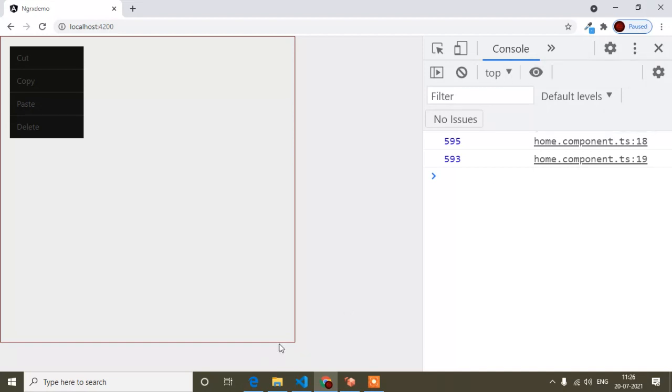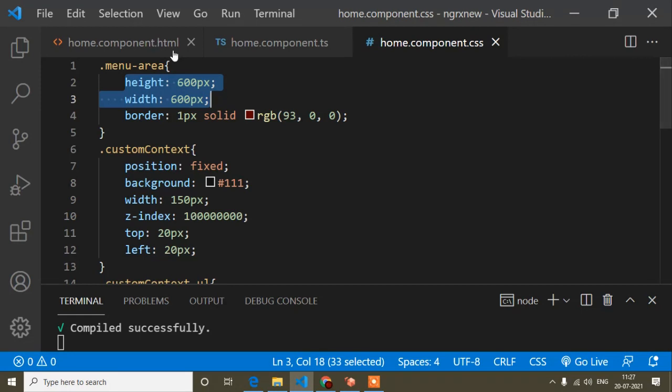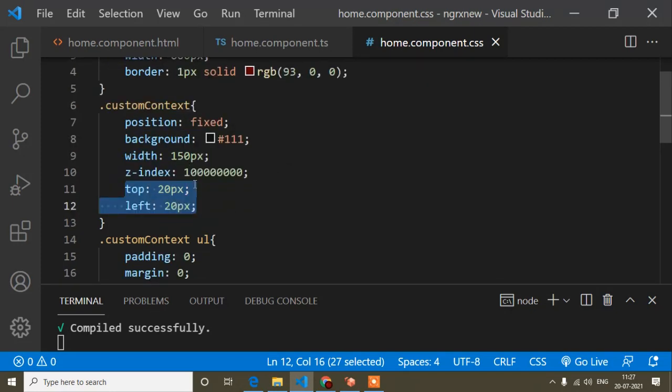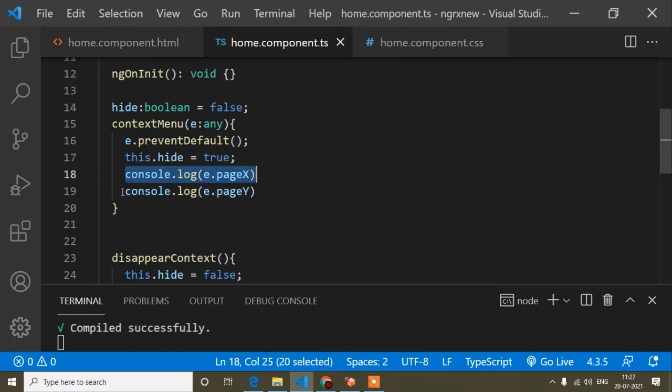So now guys, with the same position, I want to open my custom menu div, which I have created. That means when I click in any position, the div will start to open from that position. So I will just remove this console.log. I have to do one thing: in the CSS, I have set the context menu's top and left property. Now this top and left property I have to set based on this pageX and pageY. So how can I do that? This is the challenge.